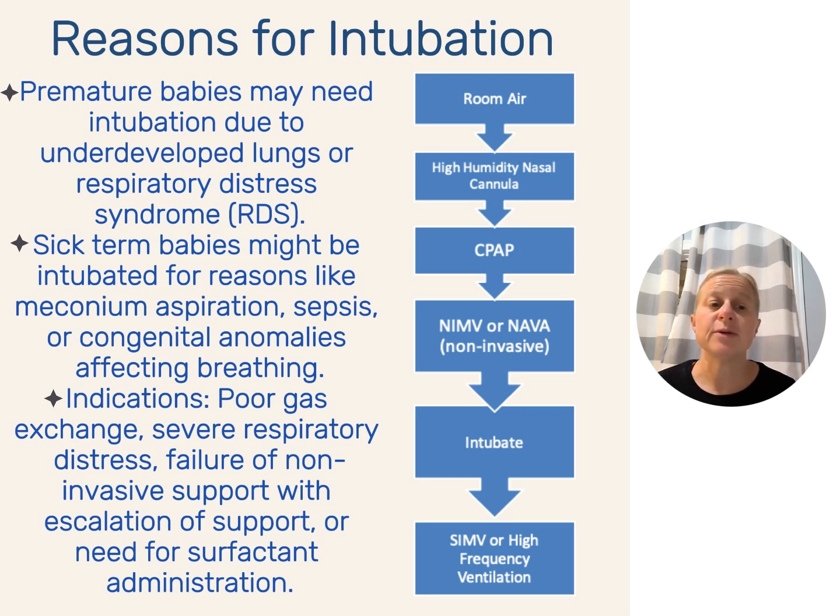So that would show us poor gas exchange, whether in a blood gas or TCOM, rising O2 levels, severe respiratory distress, so really retracting, grunting, flaring. And then this use of non-invasive support with escalation as high as you can go. So if we've gone from CPAP to NAVA or NIMV, remember the difference between those two is that CPAP does not have a rate and